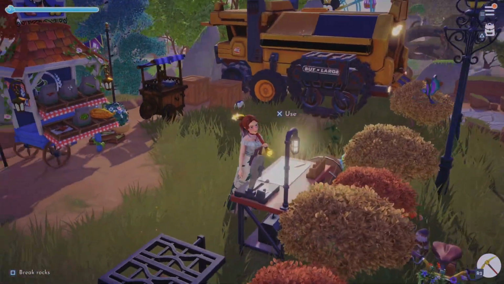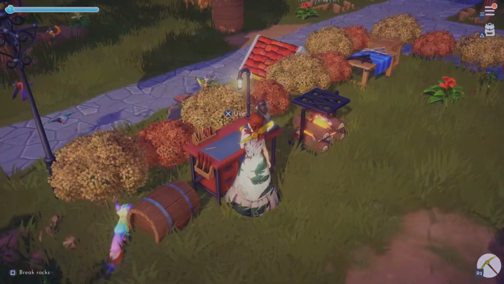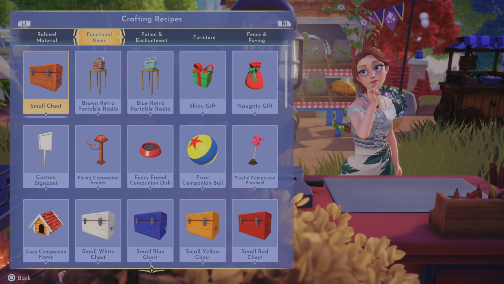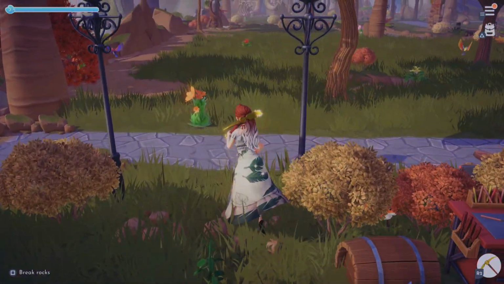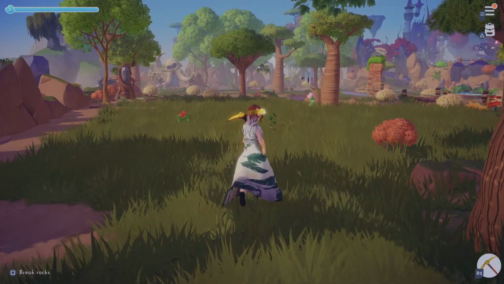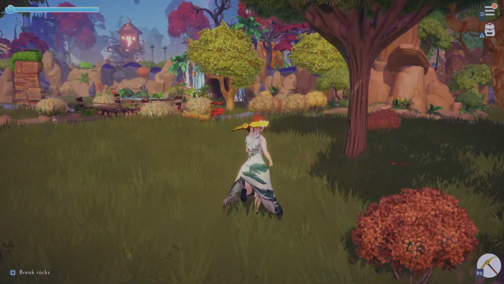This is where my inventions and all of the things that I can make are basically made. It's really easy having things in each biome. But if you go all the way back here,